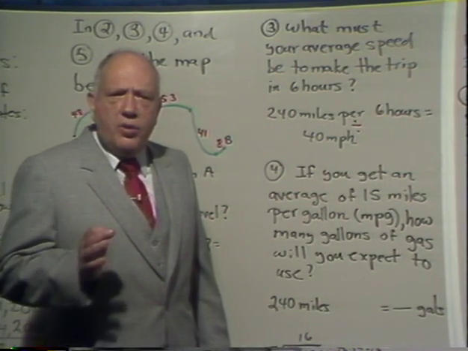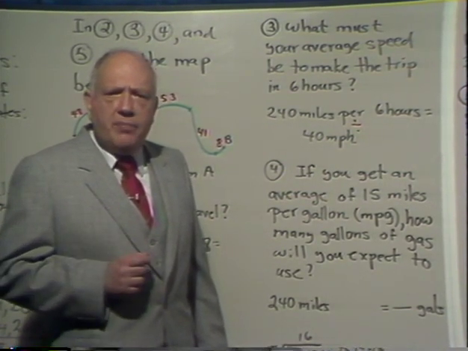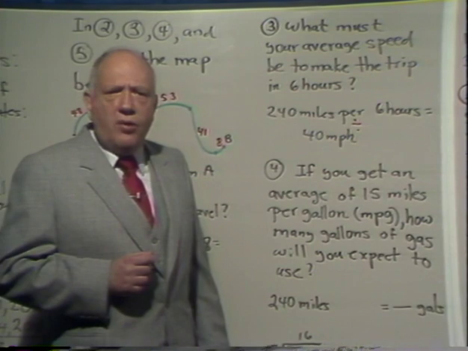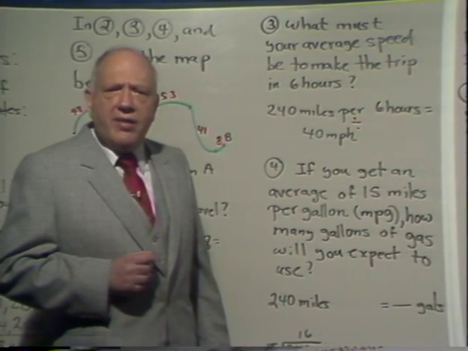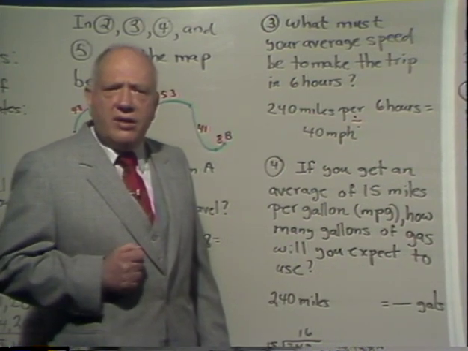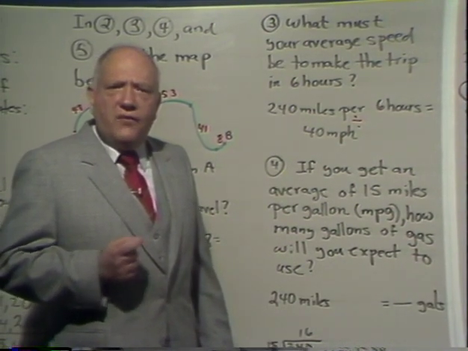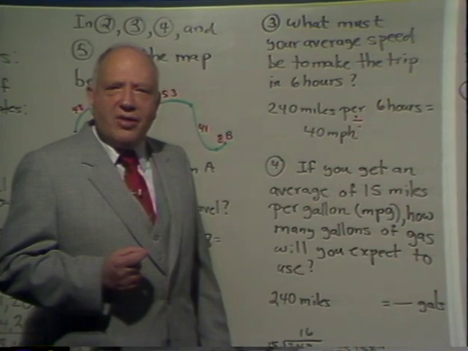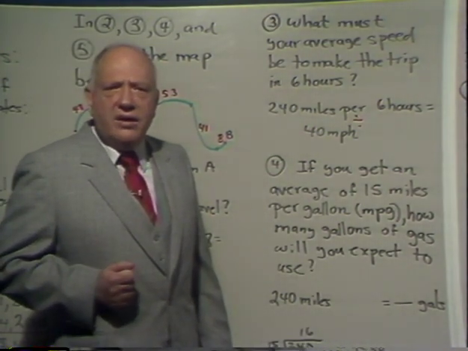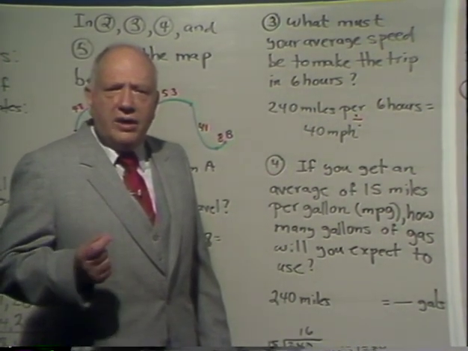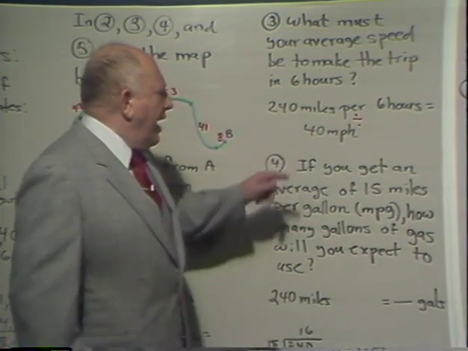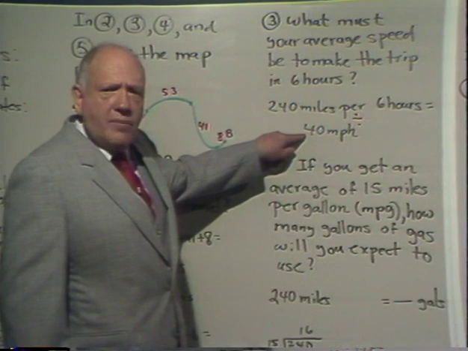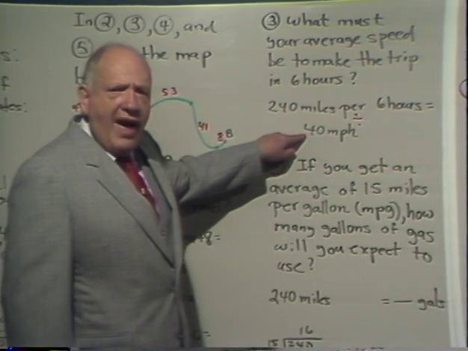You see, we deal with equalities, but life is really based on inequalities. We don't usually say, I want to make exactly $50,000 a year. We say things like, I want to make at least $50,000 a year. And how do you reach that goal? You figure out what it would take to make $50,000 a year and then just exceed that. So life is inequalities, but we solve them by thinking equalities. At any rate, this gives me a hint. It says if I want to make it within 6 hours, I'm going to have to average at least 40